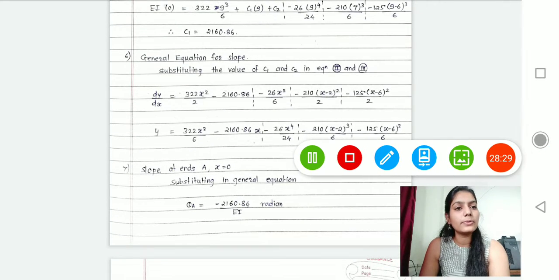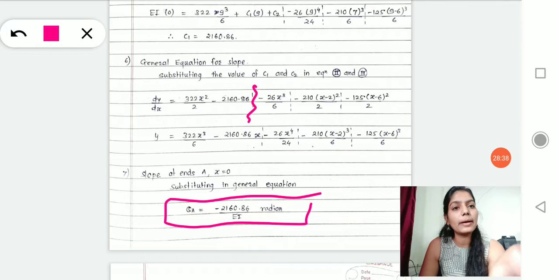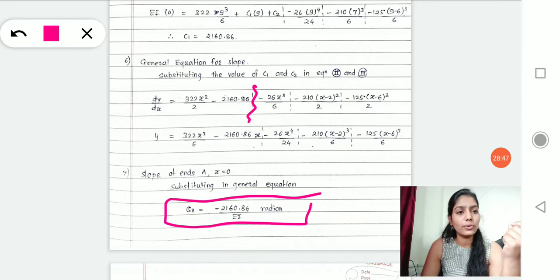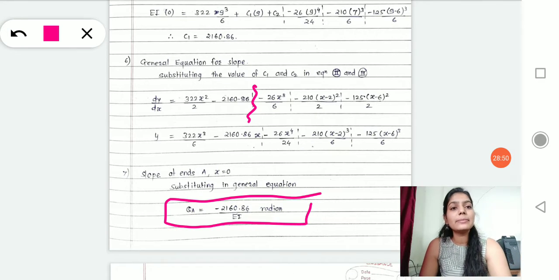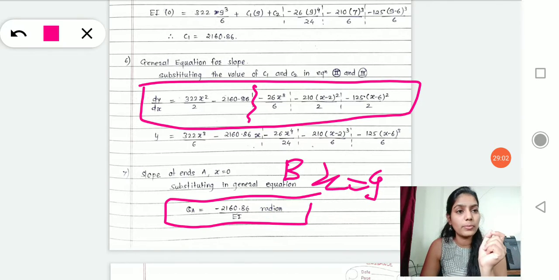Similarly, I told you for the slope equation also, you restrict your equation up to the first compartment only, because you are talking about x equals 0 distance only. You are not solving for x at 9 meter or 3 meter. Similarly, if they ask you the slope at support B, then x will be how much? 9 meter, and that time you should use the complete equation of your slope, because you are now talking about the total 9 meter length of your beam.